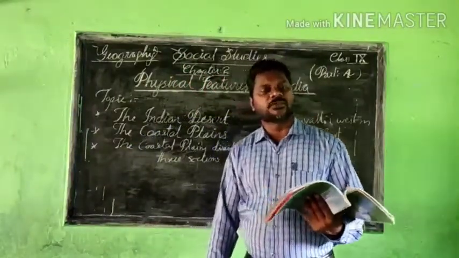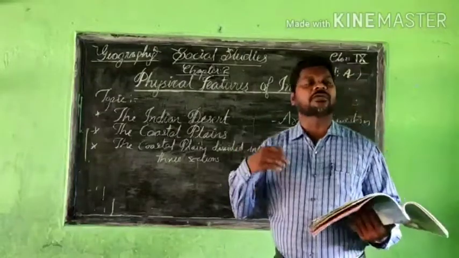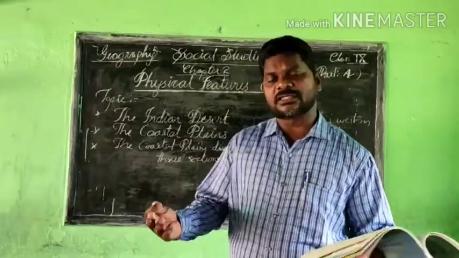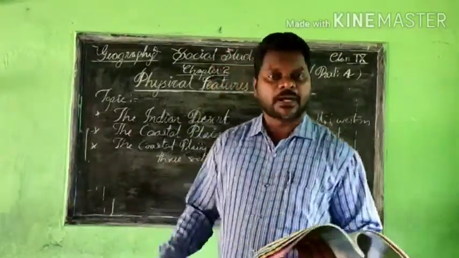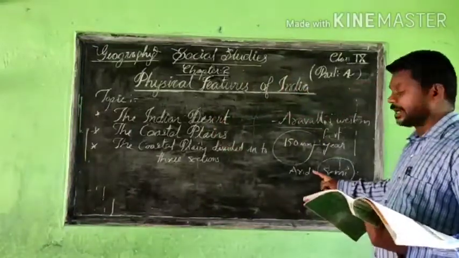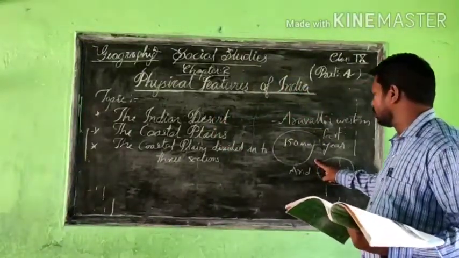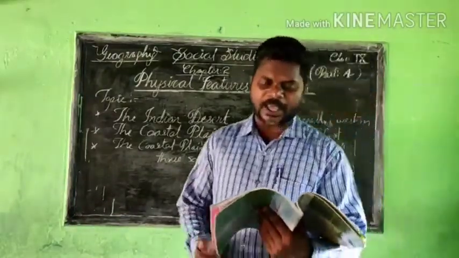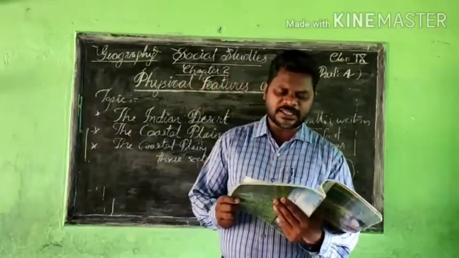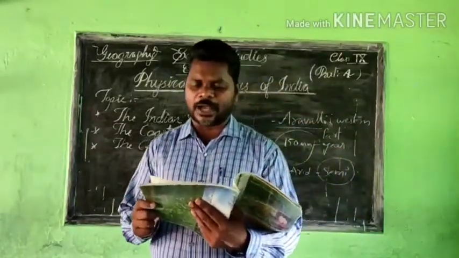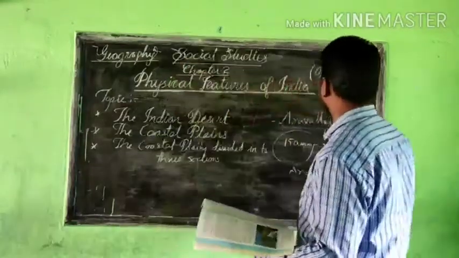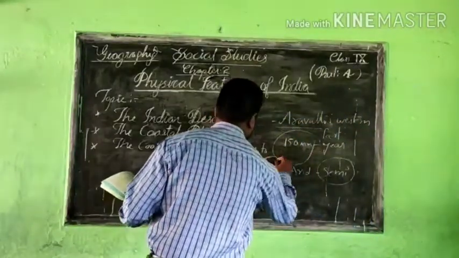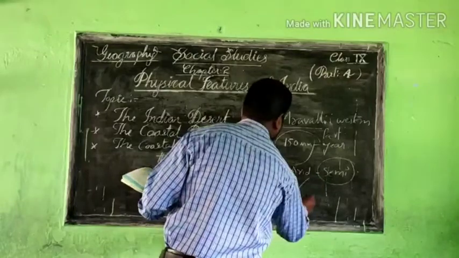And also low vegetation. In the plain areas there are irrigation facilities, rivers and drainages, so in any season they get enough water and vegetation is available. But in these areas it is arid and hot always, with only about 150 mm of rain, so vegetation is very less, and the streams do not reach the sea because they do not have enough water. For example, Rajasthan. Say this is Rajasthan, and this is the ocean.